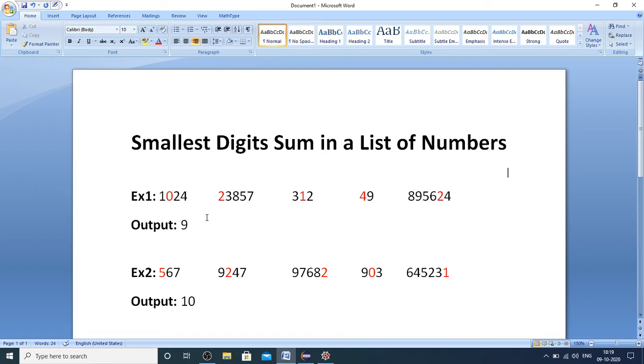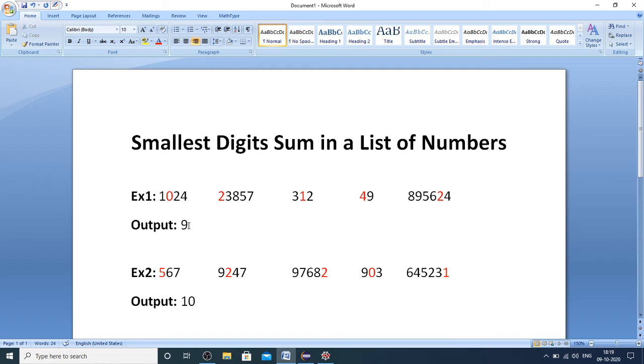You are supposed to find out the smallest digit among each and every number, and you are supposed to perform the sum of all the smallest digits in the given 5 numbers, and that sum you are going to return as the result. So this is what the problem statement is.